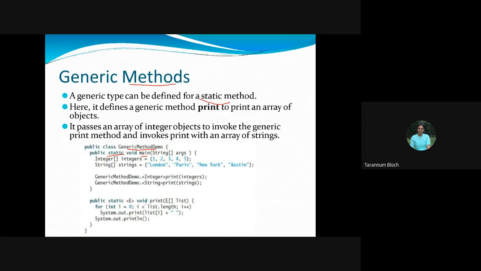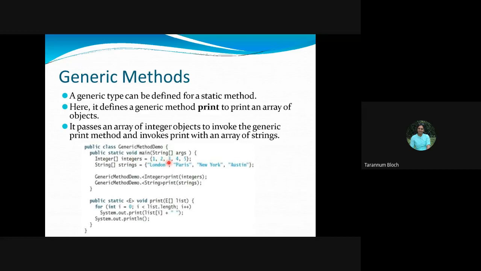So you see here, we have the generic class demo. This is my class, public class GenericMethodDemo. It has a main method. Now over here, I'm taking two arrays, right? Integer and string. We know that these are wrapper classes, and that's why integers and strings are the arrays.